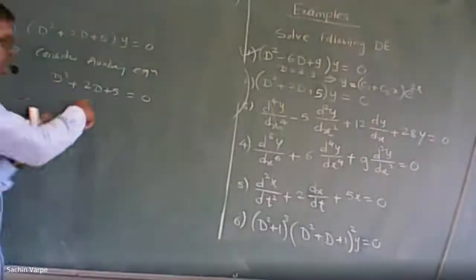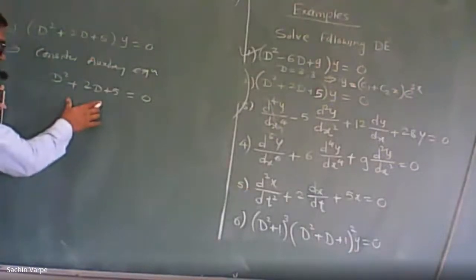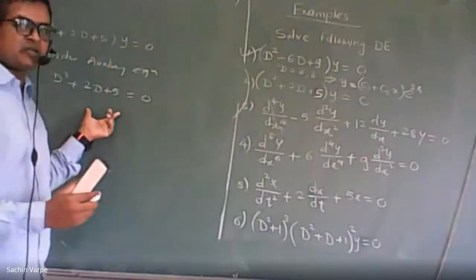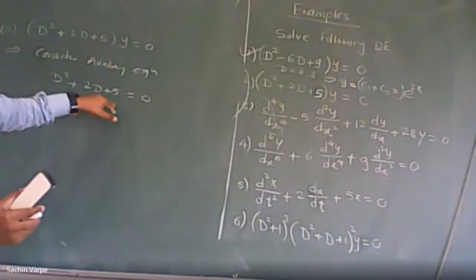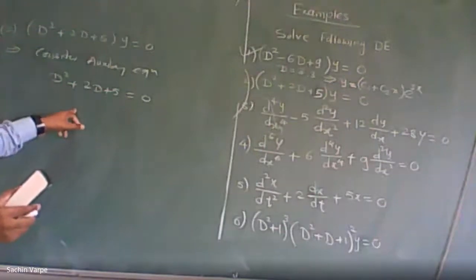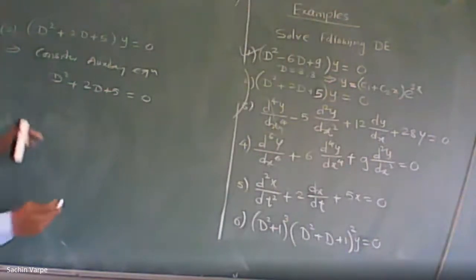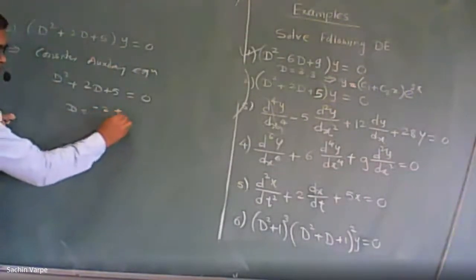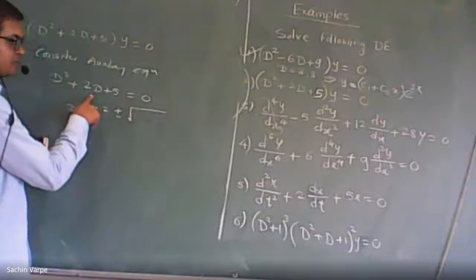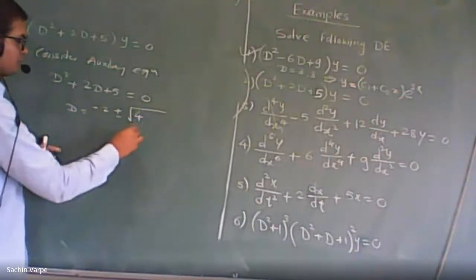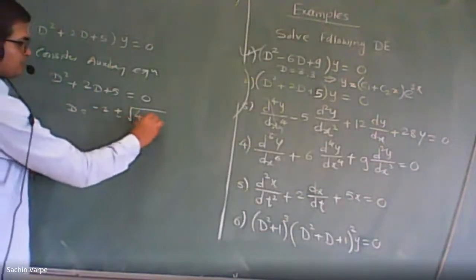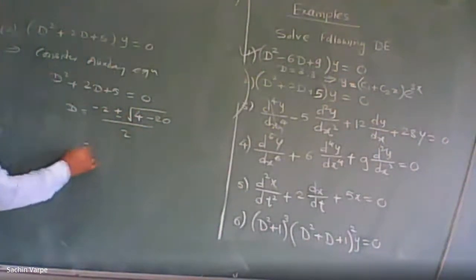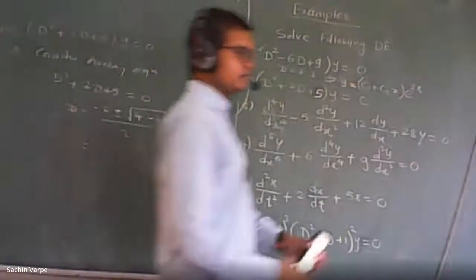Here, when we solve this equation by calculator, or if we try to apply the splitting middle term method, it is not possible to get two numbers whose multiplication is 5 and addition is 2. So we apply the quadratic formula method. It says the roots are d is equal to minus b plus minus square root of b square minus 4ac upon 2a. So get the values of d accordingly.